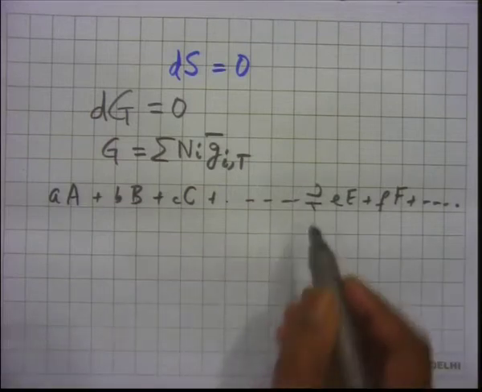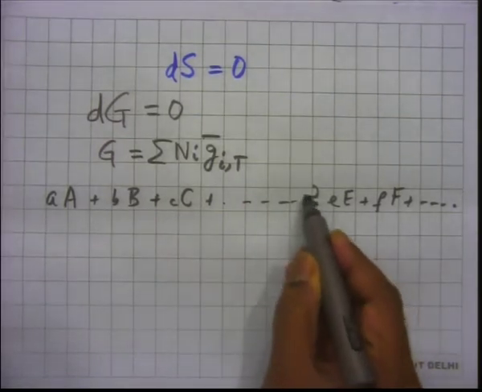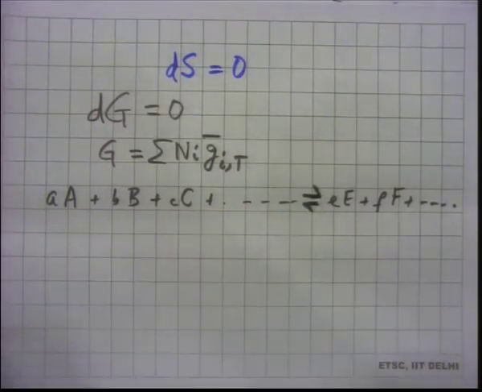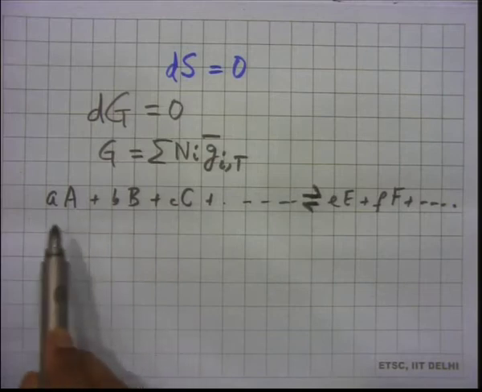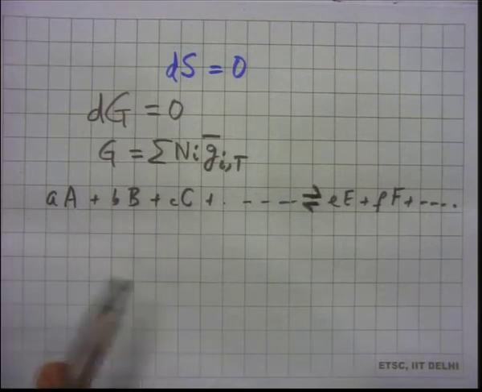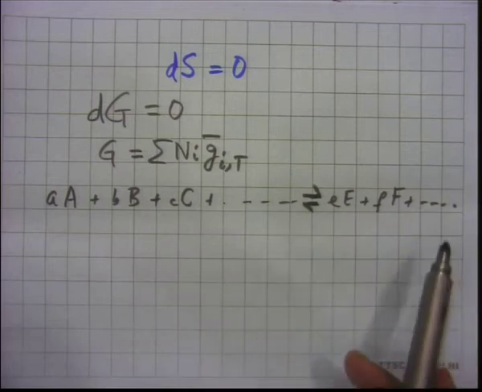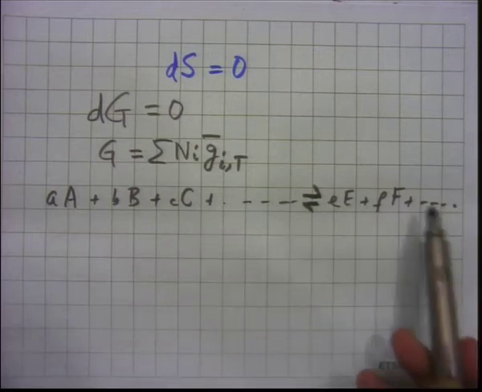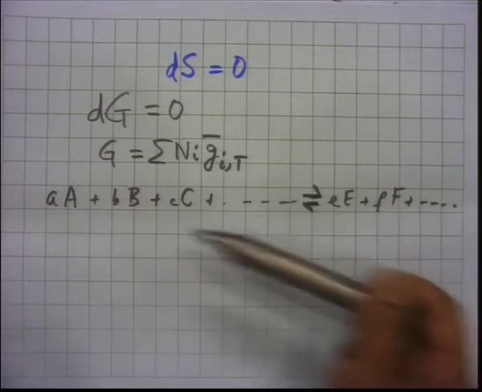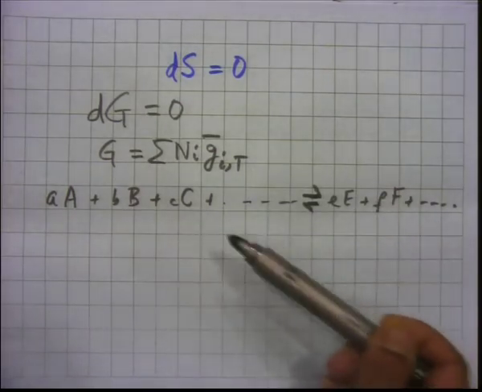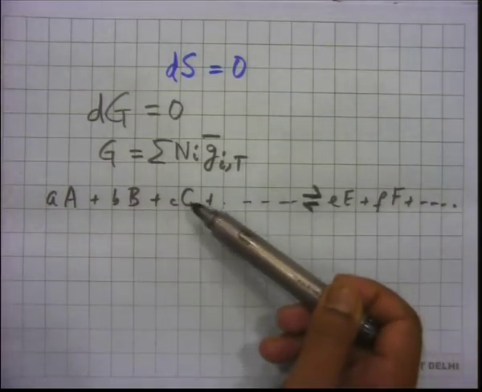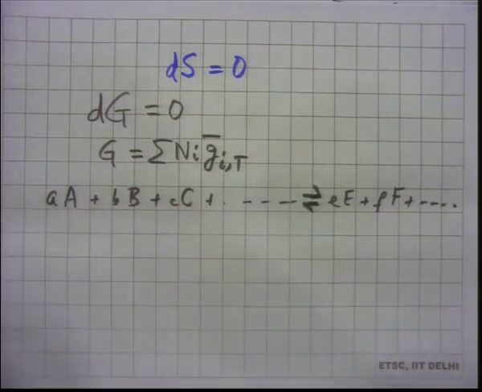So, this is written with a reversible sign here, which means that this reaction can go in both the directions, that is A, B, C can react to give you E, F, etc., but on the other hand E, F, etc. can also react and go in the other direction. So, that can give you the original reactants back, that is C, B, A, etc. Now, for such a situation,